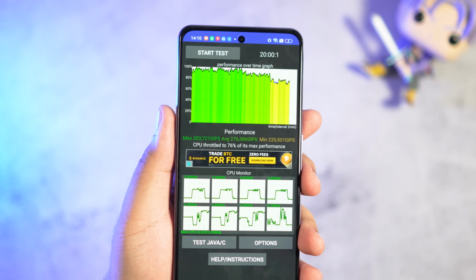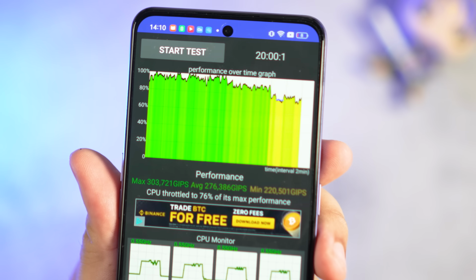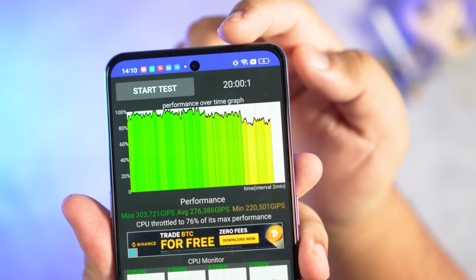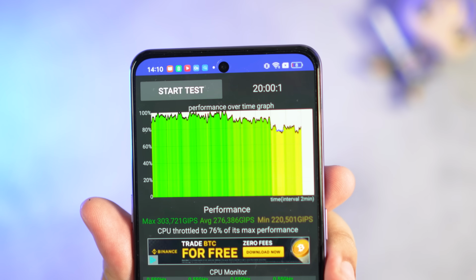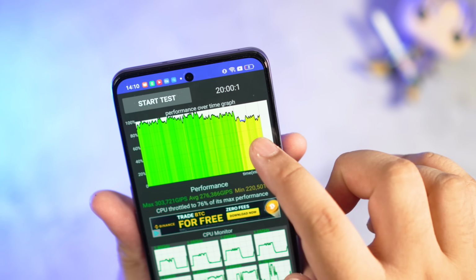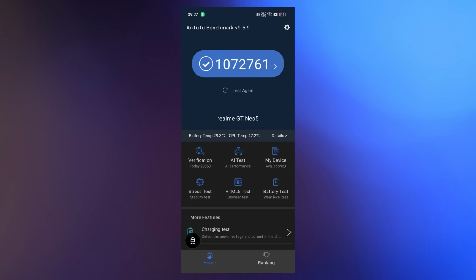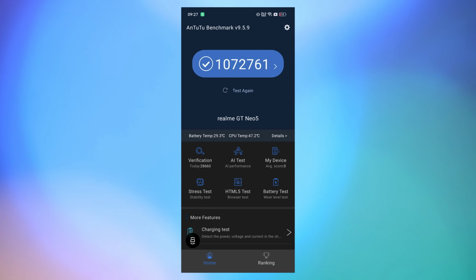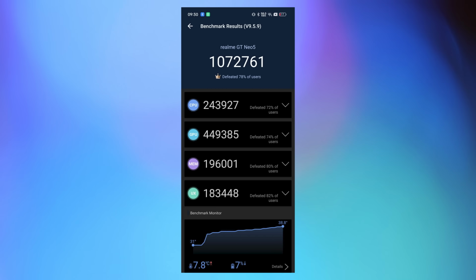But for those who are new to the channel, asahan nyo po na mas maganda yung thermals nito versus the counterpart nito from last year na Snapdragon 8 Gen 1. Pero how does this compare to the flagship level na Snapdragon 8 Gen 2 ngayon 2023? Well, siguro yung difference is about 200,000 ang Antutu benchmark points, thereabouts. So kung kailangan mo talaga ng extra performance, which I don't think you need, well, of course, better yung Snapdragon 8 Gen 2. But